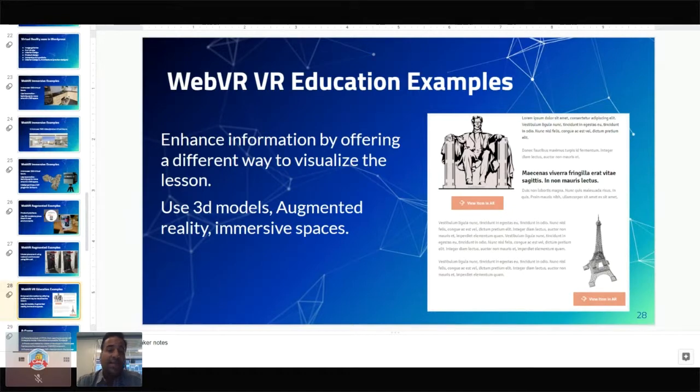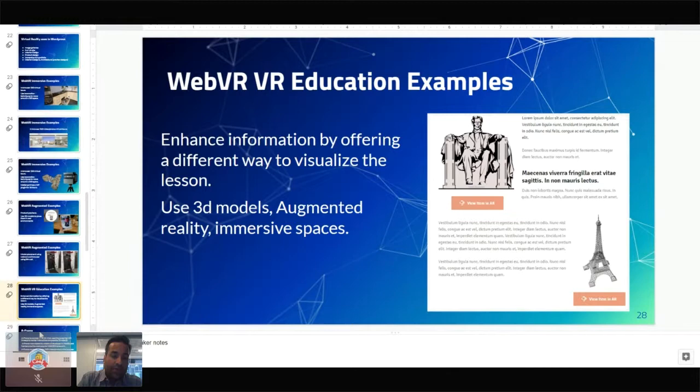Then you can enhance that lesson by deploying a very quick 360 video or a very quick virtual environment where kids actually see democracy in action in ancient Greece, for example. Really, really exciting developments when it comes to education and immersive technologies.